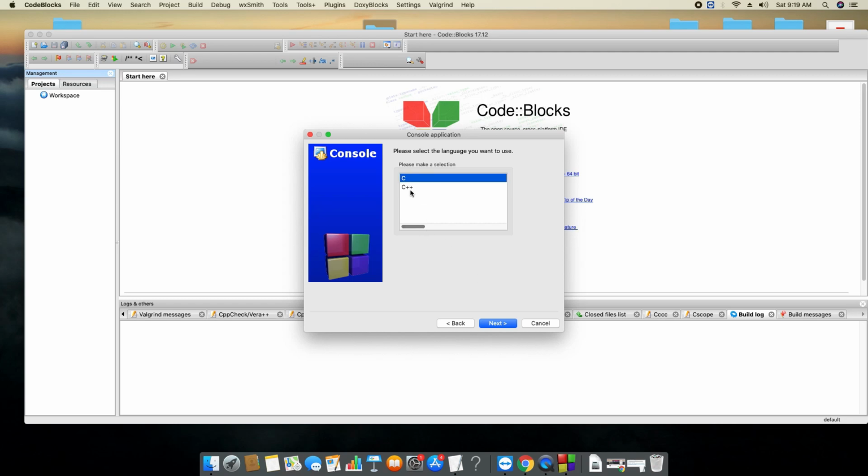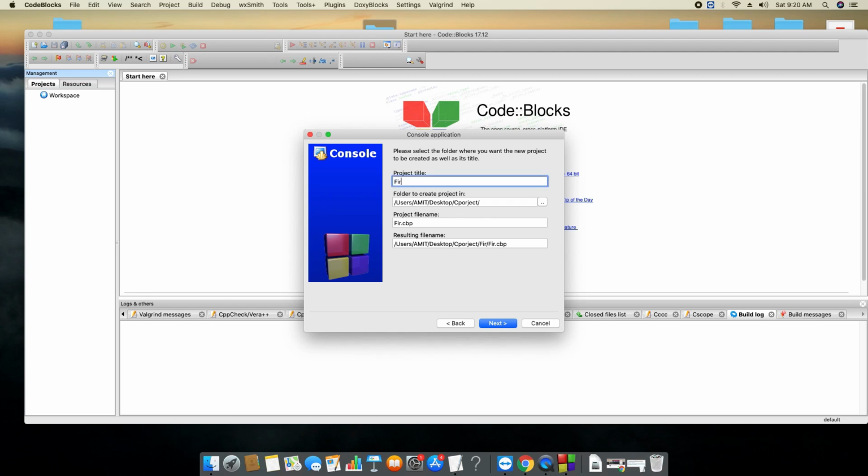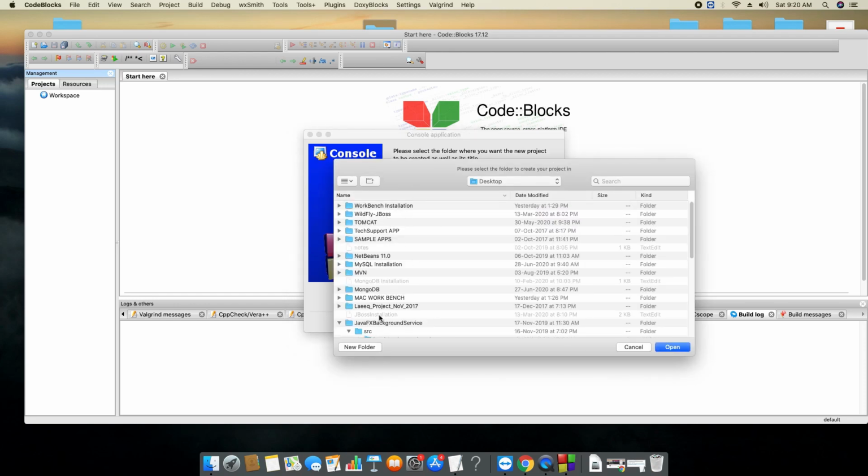So first we will create a C project. Click Next. In this window we have to provide the project title, or you can say project name. So this is my first C project, and the second field is automatically filled. This is for the project creation location. You can change it. By default this is selected because I have used it previously. Click on this Browse button. So you have a choice. You can change the location where you want to create the project folder. You can create your workspace as well.